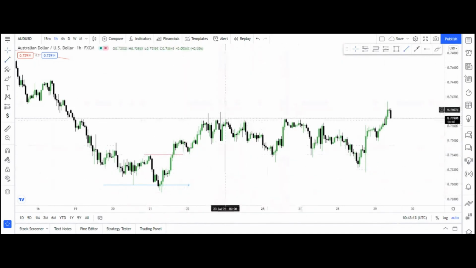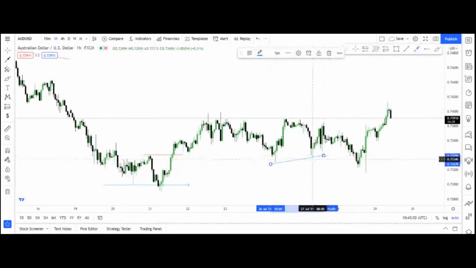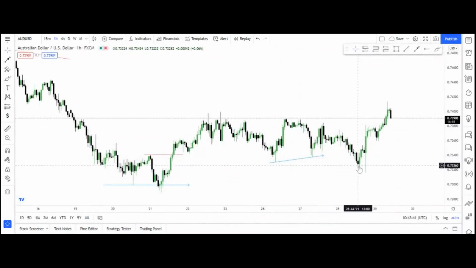We went up, and everybody was buying here. Retails were buying at this support. It was just a trap to get your money off the table, because this was liquidity right here. Just seeing this, don't mind me, I'm using different colors. I'm just so used to that. Seeing all of this, everybody thought this was the end of it. Like this was the end, and we went up.